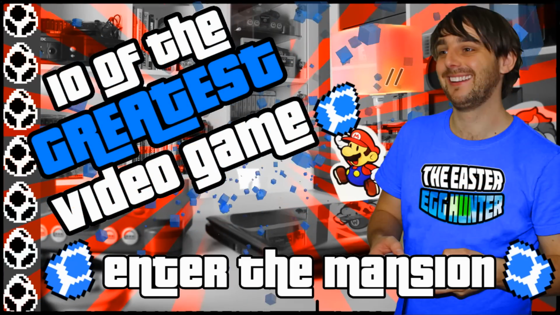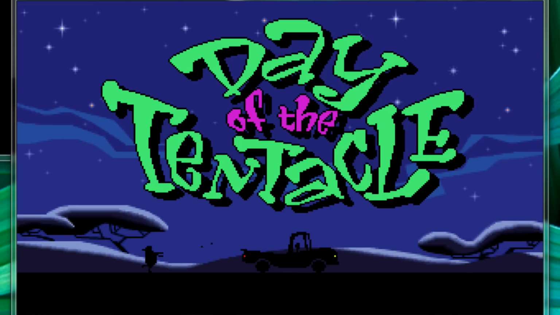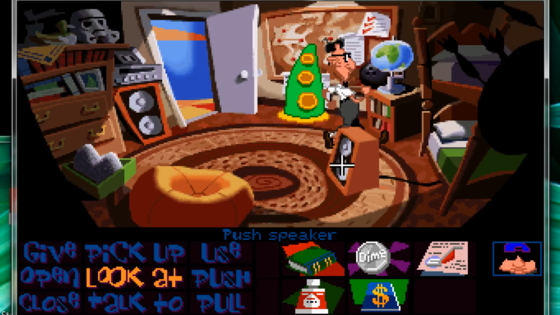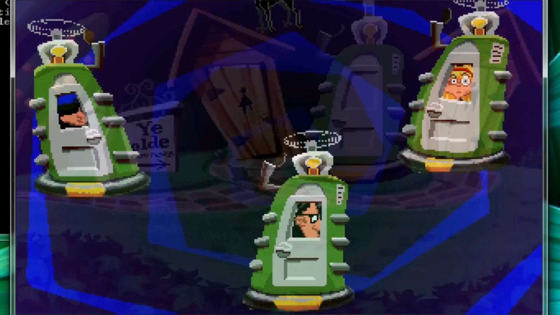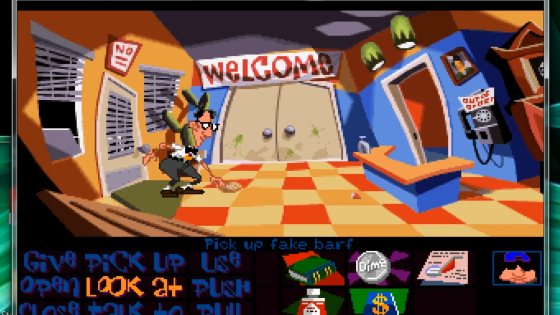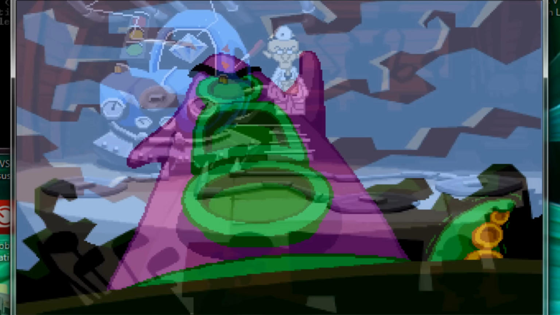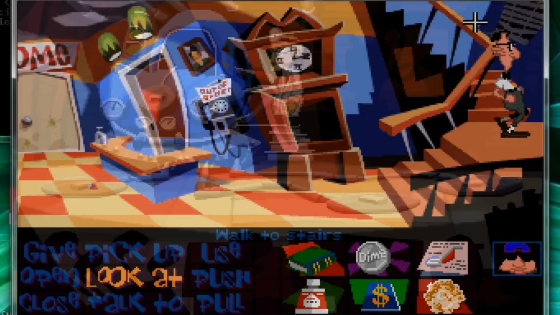Number 4. Day of the Tentacle, also known as Maniac Mansion 2, is one of my all-time favourite titles, simply for its excellent humour, colourful bright graphics, quirky characters, interesting locations, and there is enough to keep anyone entertained for hours while helping out friends Hoagie, Laverne and Bernard in trying to stop the evil purple tentacle from taking over the world. It's jam-packed, you could say,